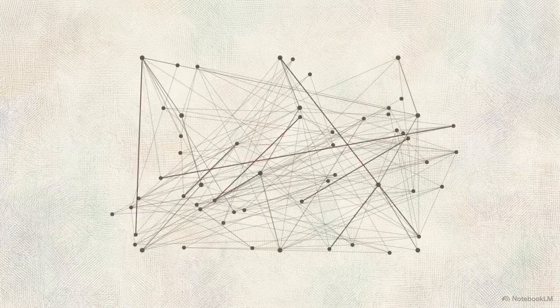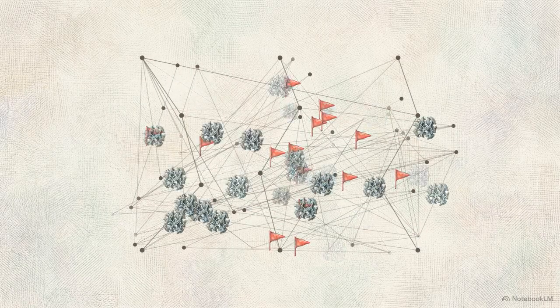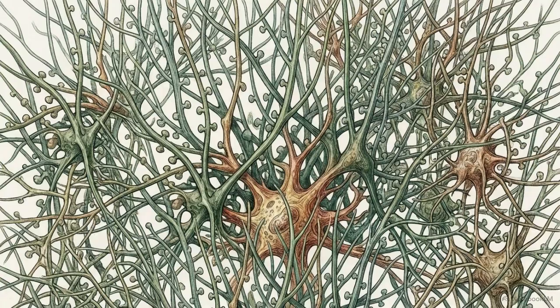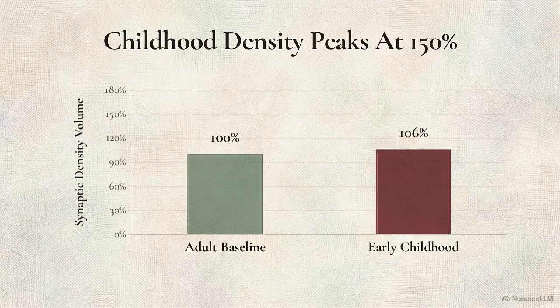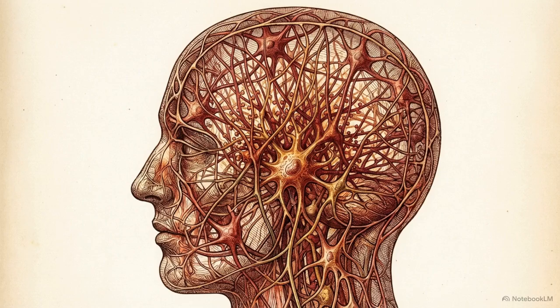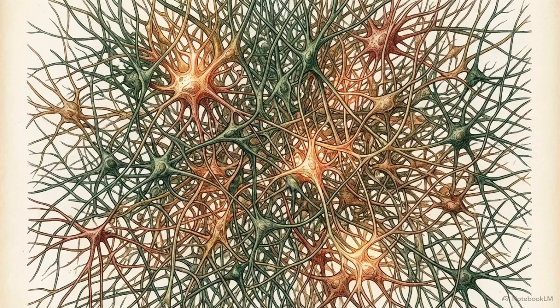Biological efficiency favors the most refined network. An optimal brain achieves peak performance by eliminating supernumerary synapses until only the most essential circuits remain. During early childhood, the human brain produces a massive excess of synaptic connections. Cortical density reaches levels roughly 50% above adult norms. This dense, hyper-connected network provides the redundancy required for a child to learn. It fosters an exploratory cognitive state, optimized for flexible learning and rapid environmental sampling.